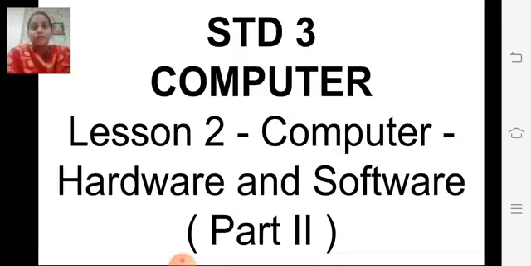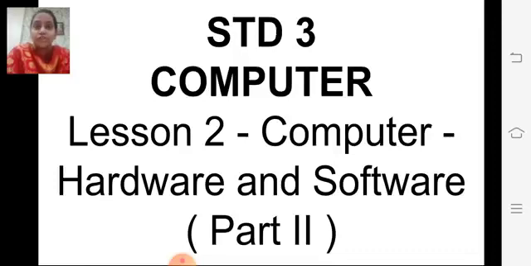All the physical parts, all the equipment which you can touch and feel are called hardware. All the physical equipment that are attached to a computer are collectively called hardware that you can touch.